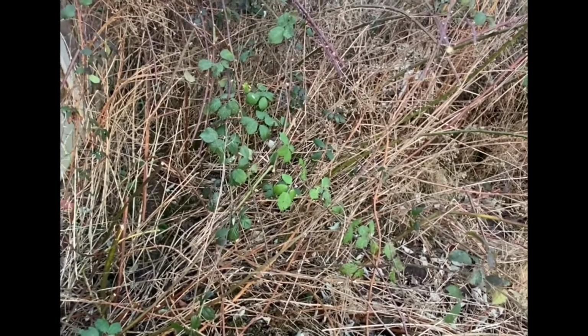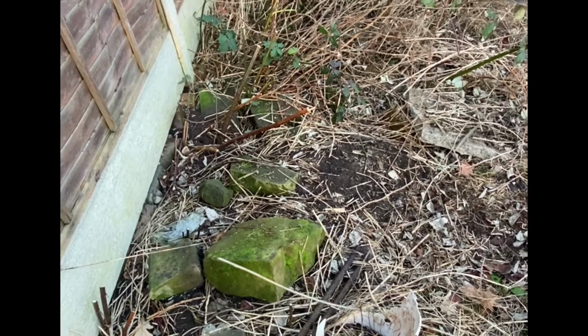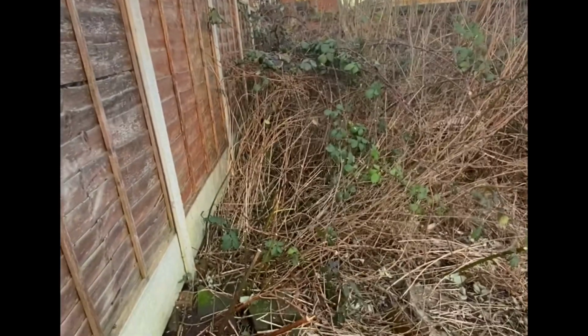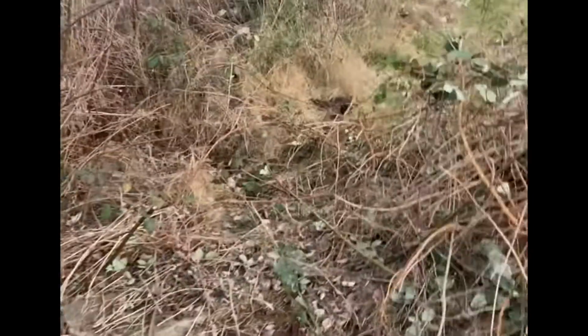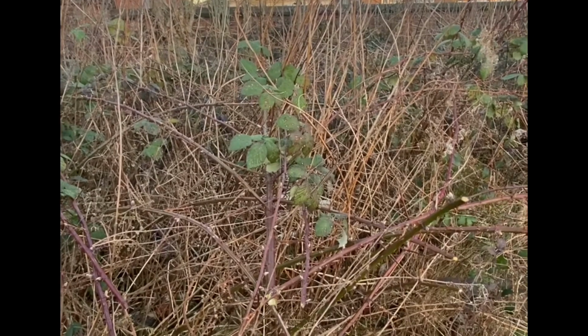I was like, oh my gosh, this is going to take me days, if not a week, to get through. But I've done from here, and that's taken me about 20 minutes, 30 minutes. So that's not bad going. I mean, my aim is to, by the weekend, have a full path all the way to the wall there, at least. So I think I can get that done, and then I think the rest of the brambles that are over here, even though I didn't want to, I think I'm just gonna weed kill them. I think I'm literally gonna weed kill them, and then once they're dead, try and rip them out or something,